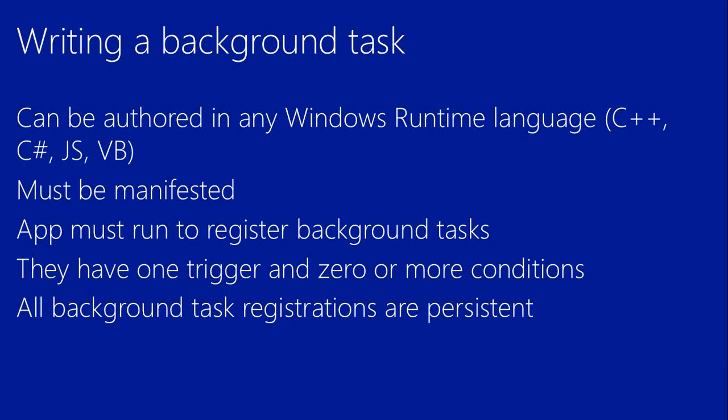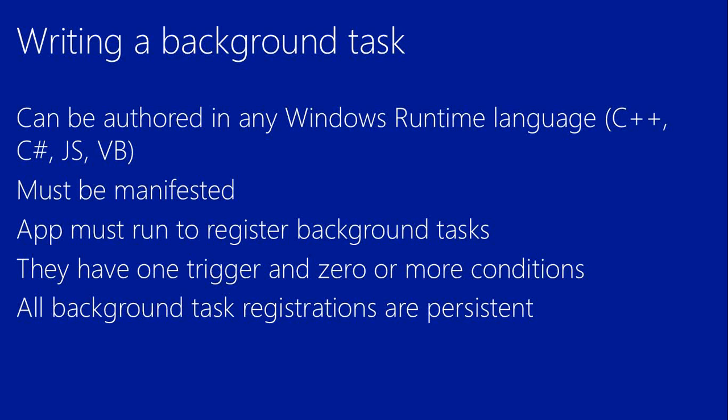It should be manifested, which means that in your app manifest file in Visual Studio, it should be mentioned. If you are implementing a background task, it should be mentioned there in the declaration tab. Also, it should be mentioned which trigger you're using and what the entry point is. If you do that, when you submit your application for store certification, the team knows that this application is implementing a background task. They will test it a little differently, and they will be aware that this application is using this trigger, so they can do the proper testing for that application.